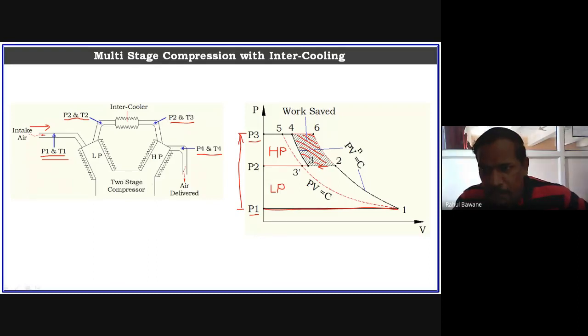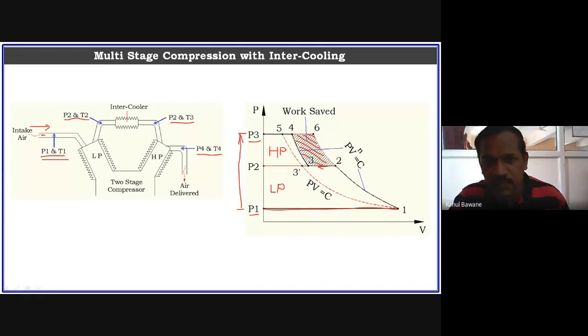When we maintain the same temperature throughout the compression process, suppose the intake temperature is 28 degrees centigrade, and during compression we maintain the same 28 degrees centigrade, then we follow the isothermal compression process, and in isothermal compression only do we get the minimum work requirement, this dotted red line. But isothermal compression is not possible. So here we obtain point 3 different from 3'.